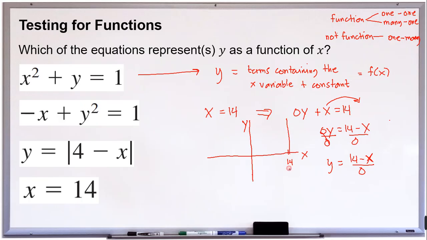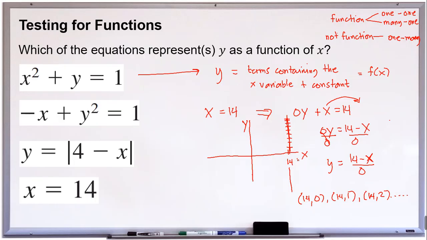So we have a straight line. If we generate another pair, it will look like this. For an input of 14, since this is a straight line, we have lots of output values. So we have (14, 0), we have (14, 1), then (14, 2), all the way to positive infinity,